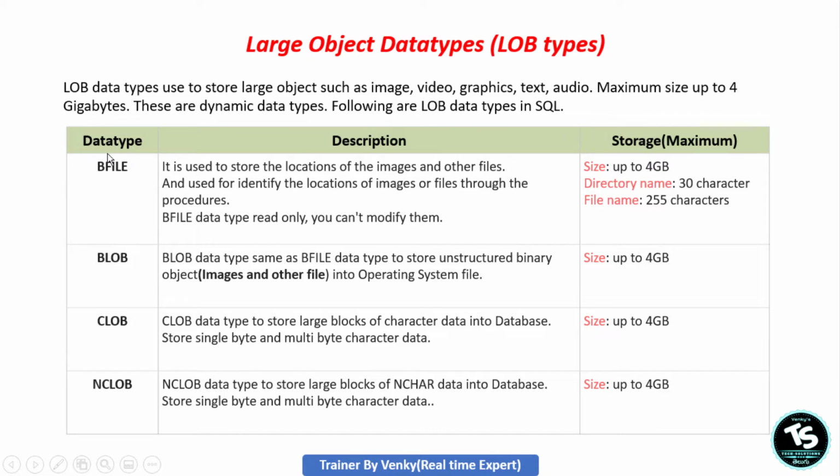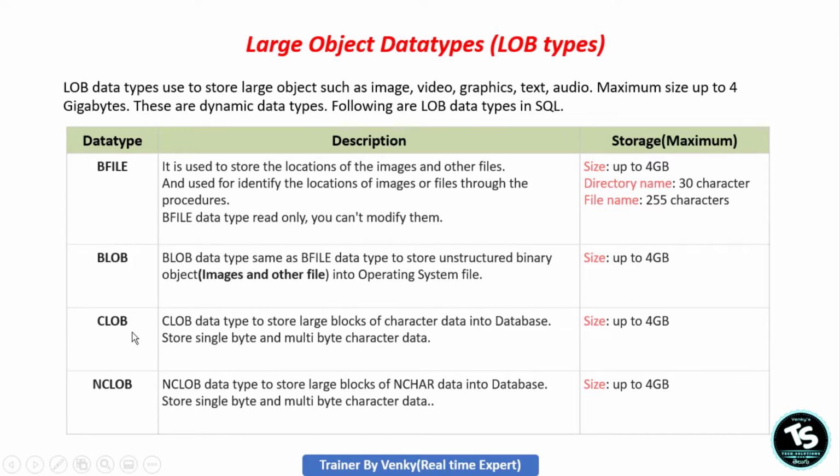The following are the large object data types: BFILE, BLOB, CLOB, NCLOB. We have already discussed CHAR and VARCHAR2. CHAR allows up to 2000 bytes, and VARCHAR2 allows up to 4000 bytes only. If you want to insert large blocks of character data, up to 4 GB, you use this one.